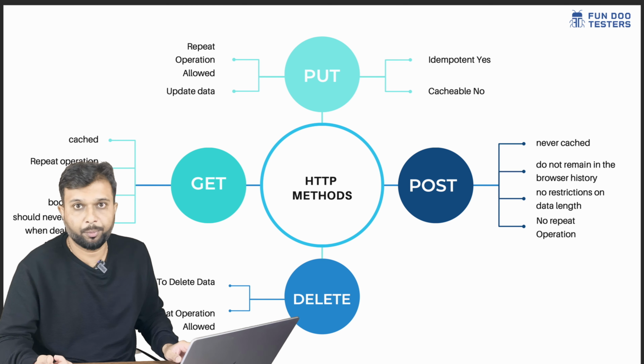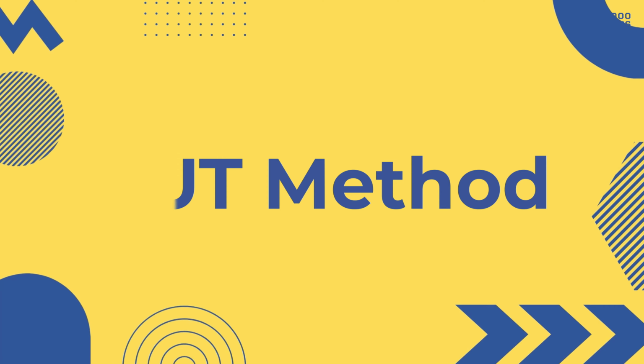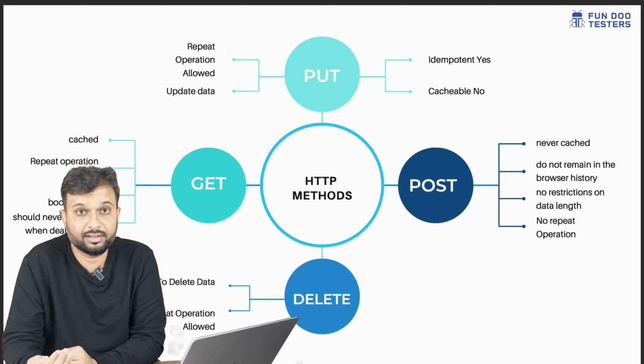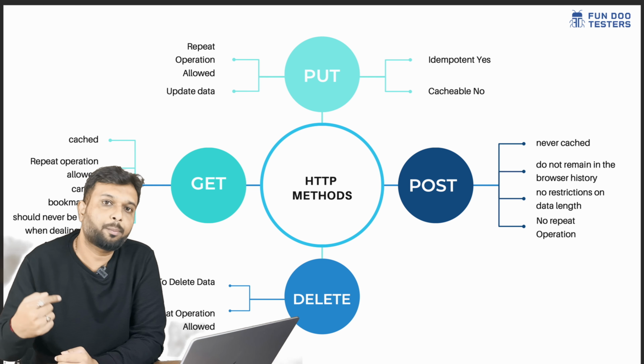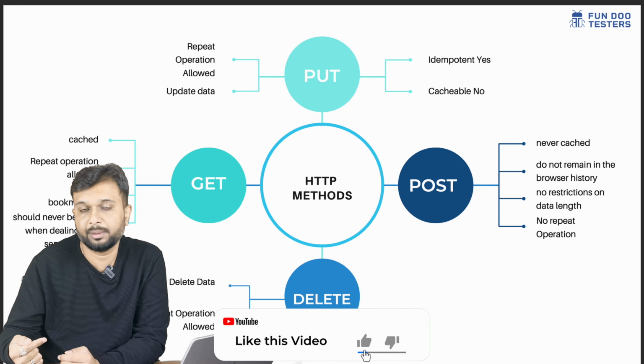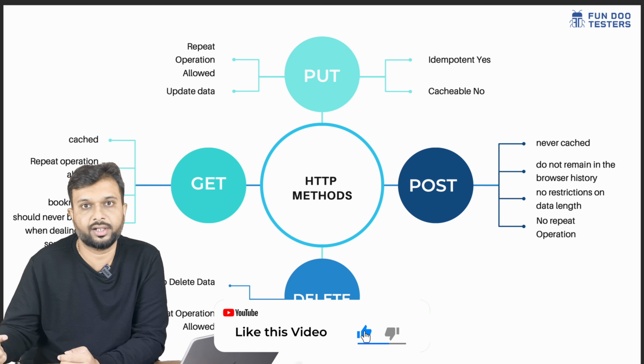So let's move to the put request. The ideal purpose of a put request is to update the data, whatever data we have created so far, when we think we have to update something. For that we use a put request, and ideally with a put request we can update multiple times, like a get request, we can hit it multiple times. And what happens if we hit a put request multiple times? Basically it overwrites the data.